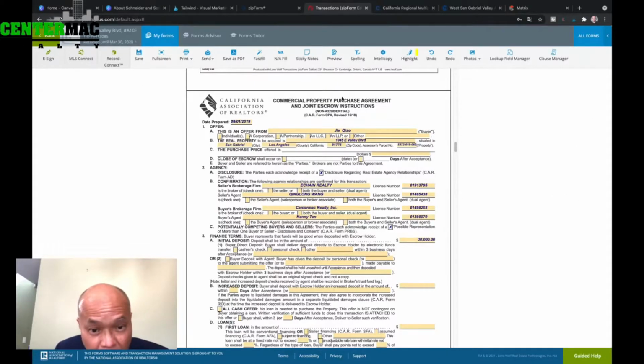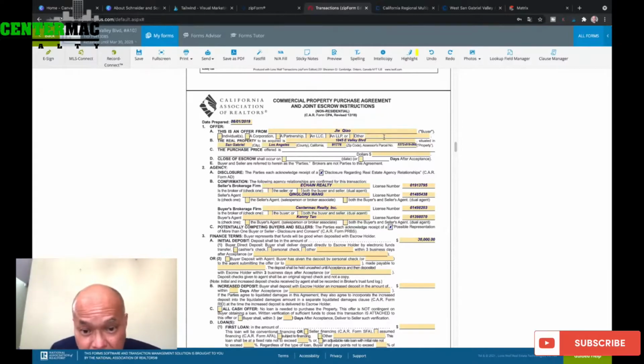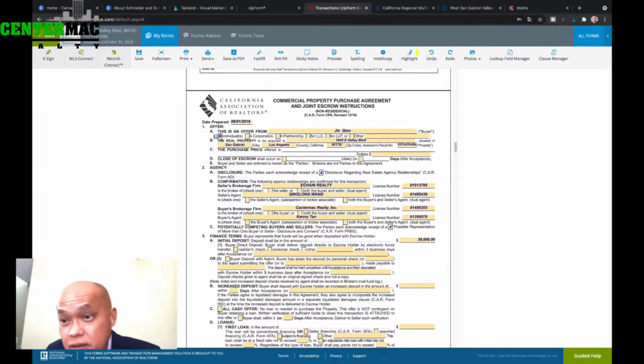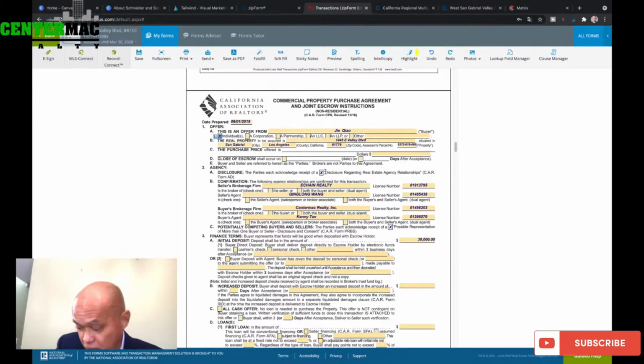Okay. Now on the first page, you have the buyer's name. You got to have the capacity of the buyer indicated. So if the buyer is an individual, you check it here. Corporation, you check here. Partnership, you check here. LLC, you check here. And then the property address is all automatically populated, because I use MLS Connect, and